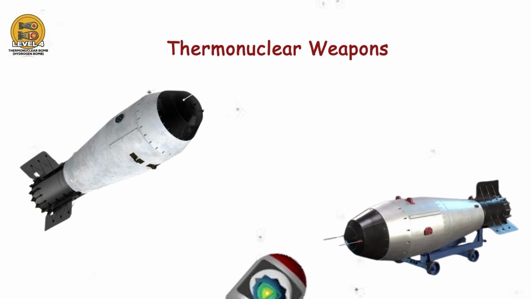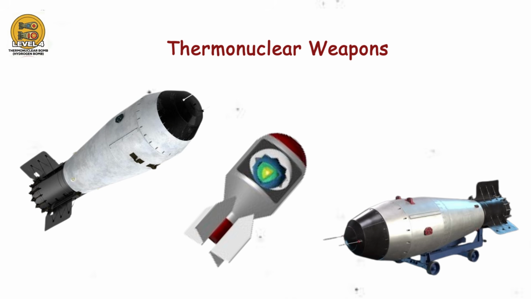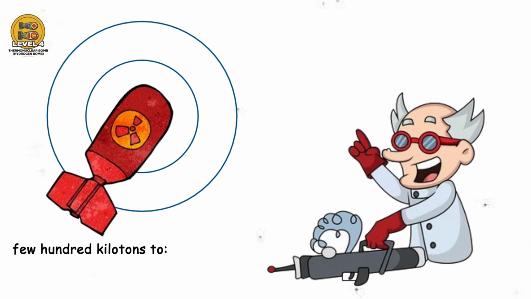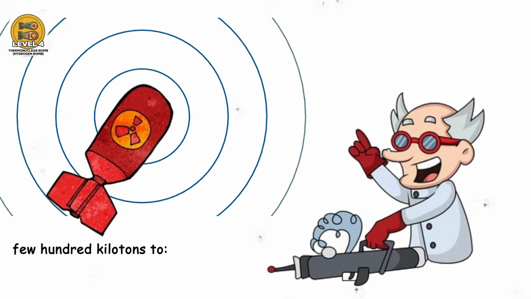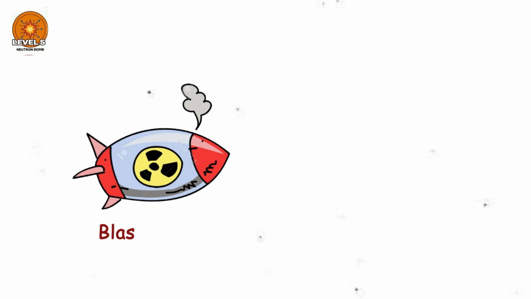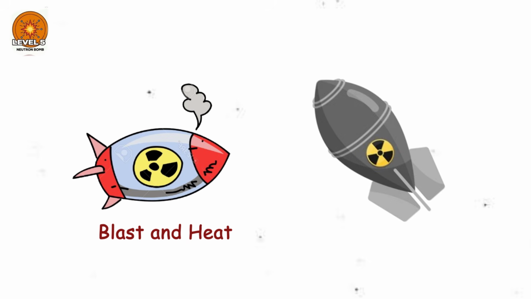Thermonuclear weapons became the dominant form of nuclear warhead during the Cold War because of their enormous power and scalability. Engineers can design them to produce yields ranging from a few hundred kilotons to many megatons. Level 5. Neutron bomb. While most nuclear weapons are designed to maximize blast and heat, one type was specifically designed